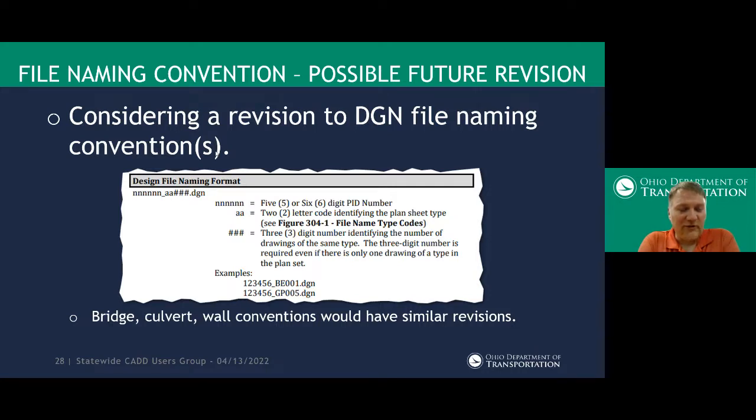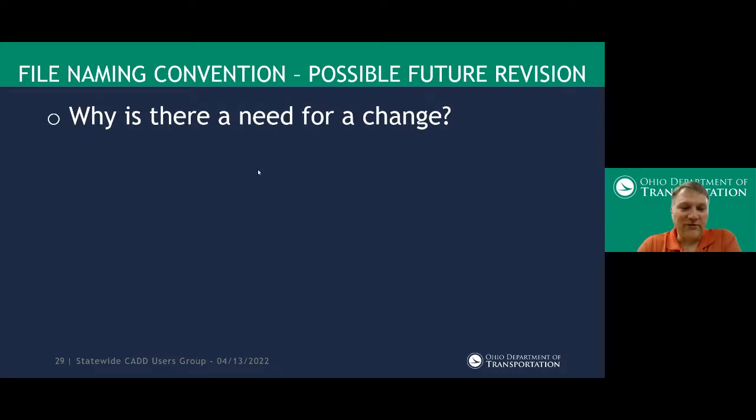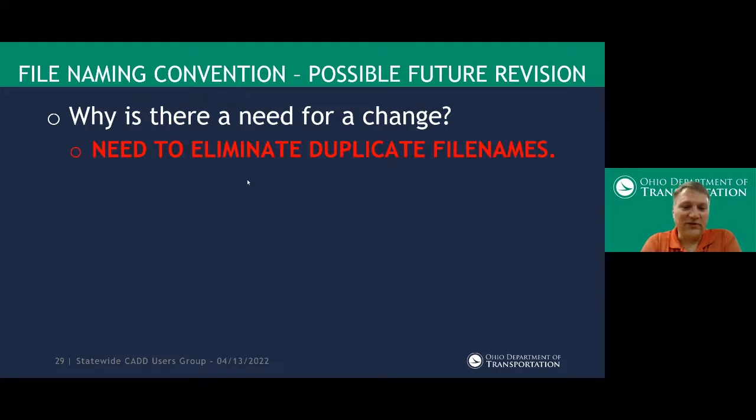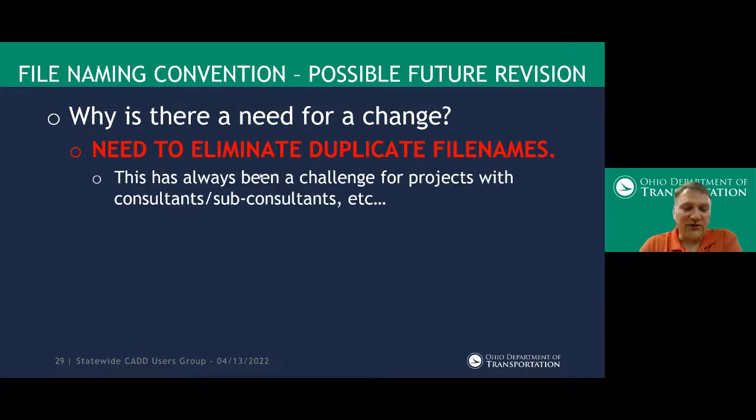So there's the current file naming format. I didn't list all the bridge, culvert, walls. They all would have a similar revision. And so I started brainstorming some things, but really, why is there a need for a change? And the biggest thing is we need to eliminate duplicate file names. And I know on projects that I've worked on before, this kind of always has been a challenge when we